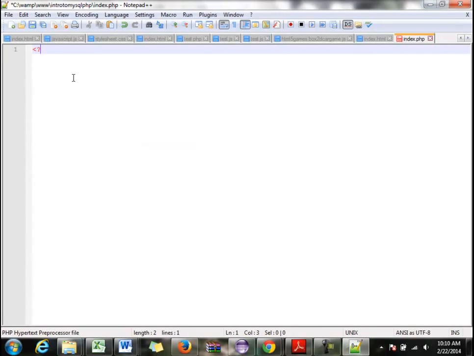So again, remember how we open up a PHP? In our PHP file, we tell it that we're using PHP by doing this, right? So question mark PHP, and then we'll close the question mark. Okay? So what we want to do now is create a connection to our database. That's the first thing we have to do with PHP. We create a connection, and then using that connection we can run queries, just like how we did here